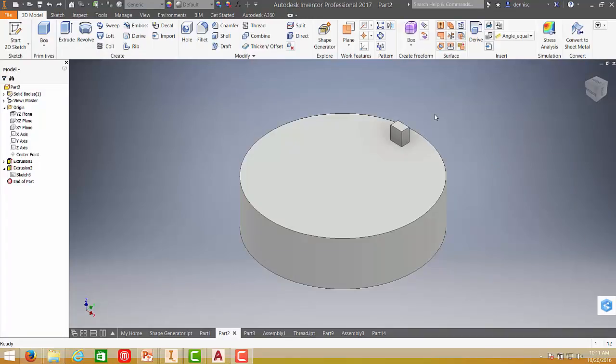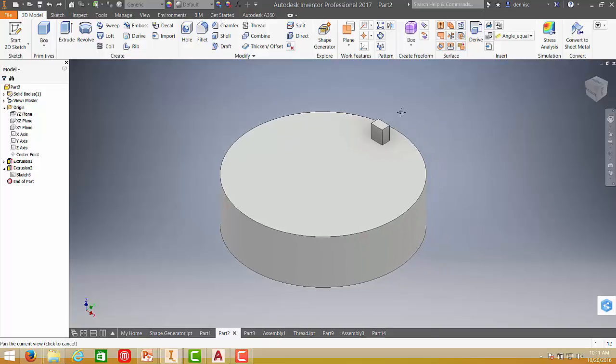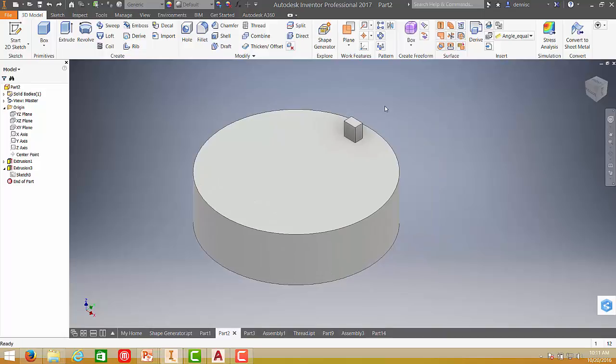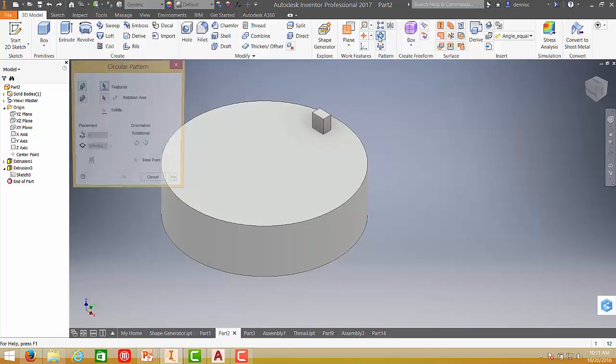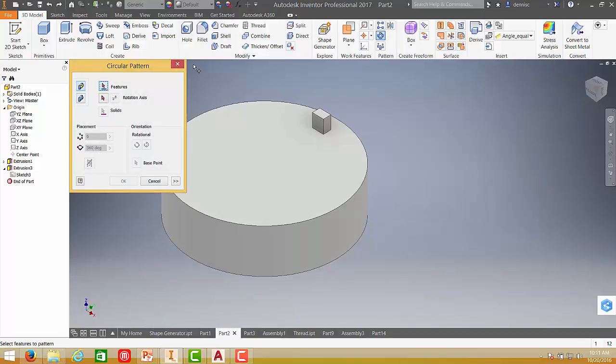One of the design enhancements in Autodesk Inventor 2017 is in the part creation. So in part creation, they enhance the patterning tool. So for example, I'd like to create a pattern using this feature. I'll select the circular pattern and then select the feature which I want to be patterned.